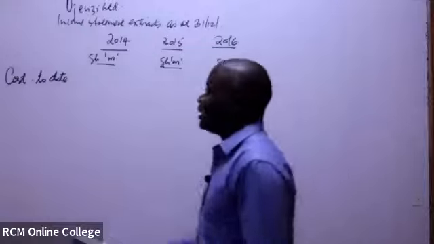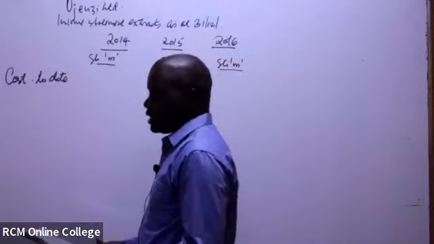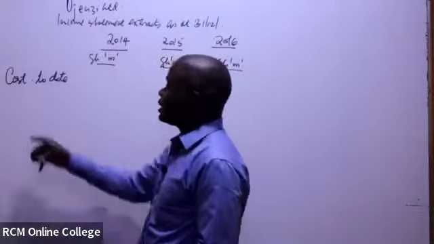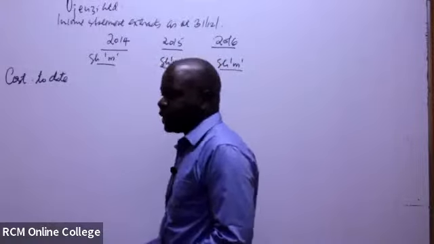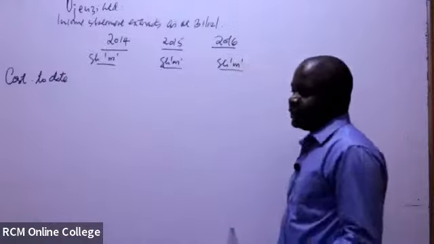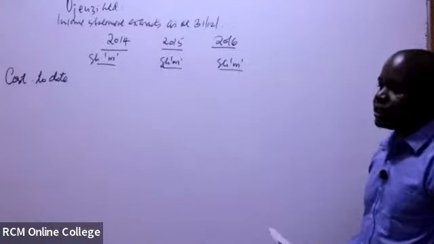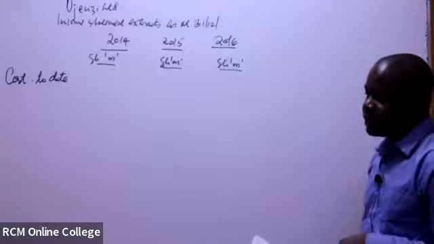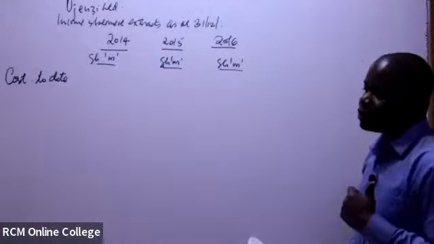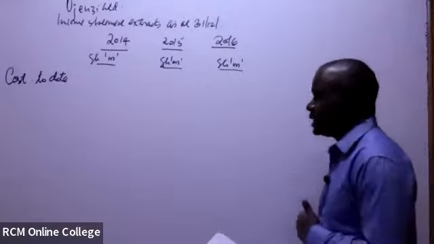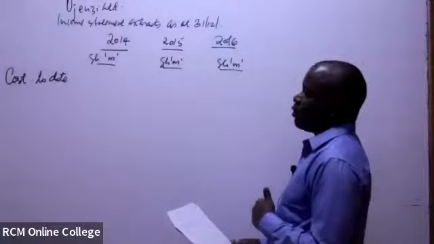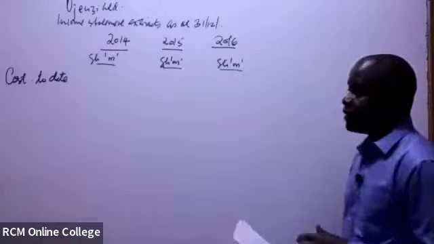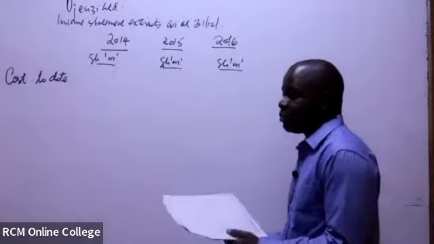There's a difference here with what we did with our previous question. In our previous question, what was this item reading? It was reading cost incurred. And in this current question, it is reading cost to date. So there's a difference. In this case, it means we'll just pick the figures the way they are directly,